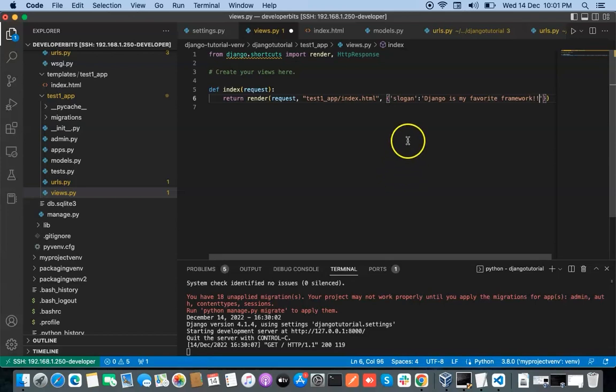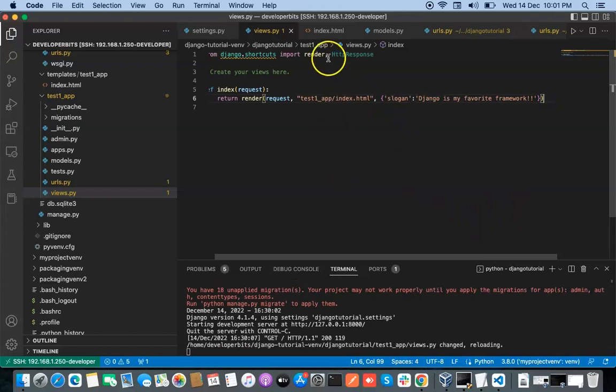And you can see that in the blank dictionary we are defining a key slogan and it has a value. Django is my favorite framework, and just save the file, and in the HTML